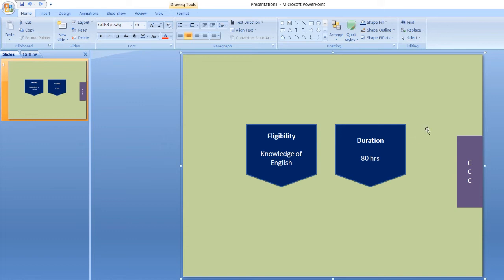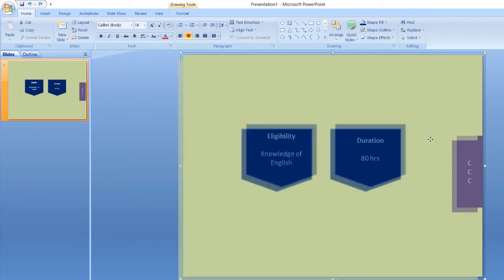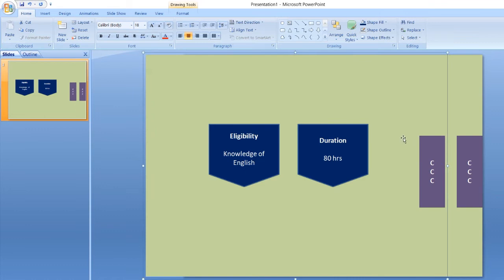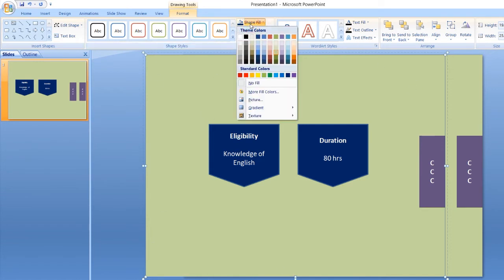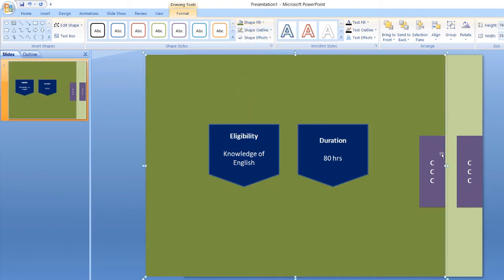Now for the second one, I'll make a copy of this particular template. So all I have to do is press Ctrl, click mouse and drag it somewhere to the left. And before changing the text, first change the color so that you don't get confused with the first one. So I'll double click in this area so that I select the bigger rectangle. I'll go to shape fill and change the color. So here, if I want to change the text, I'll have to click in this area, and here I'm going to make it as